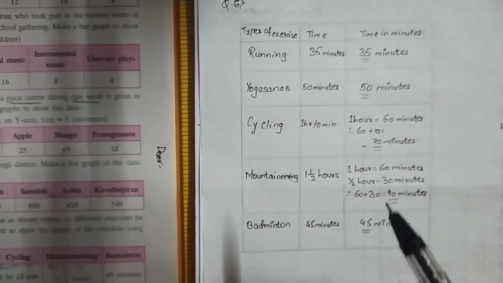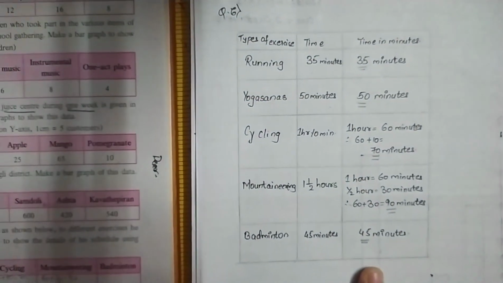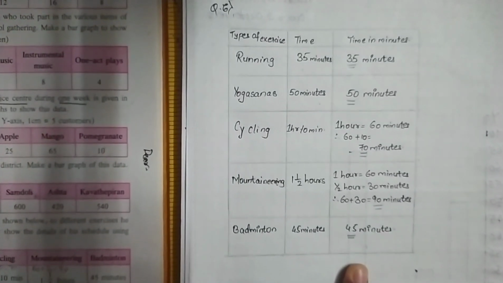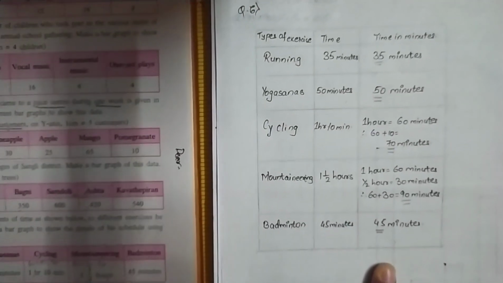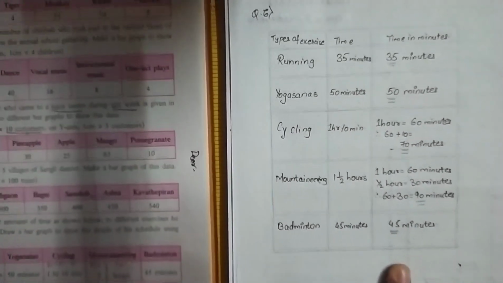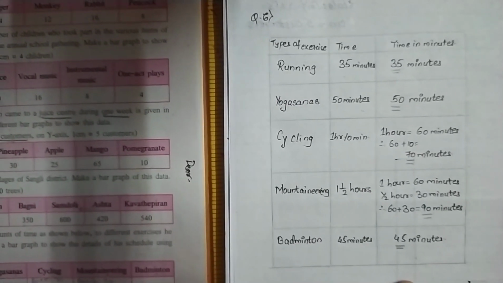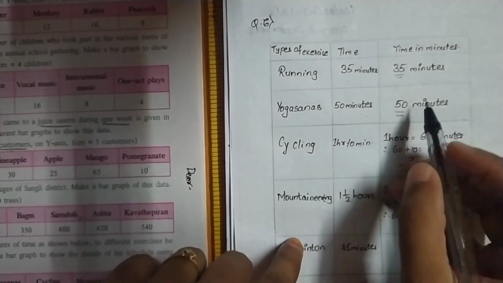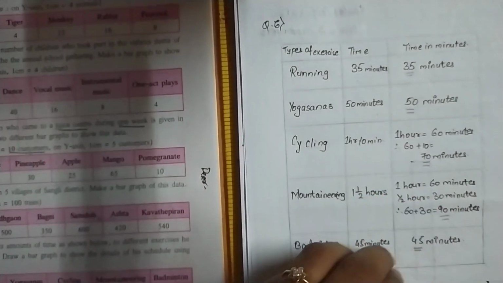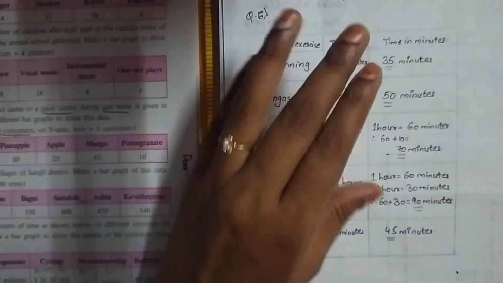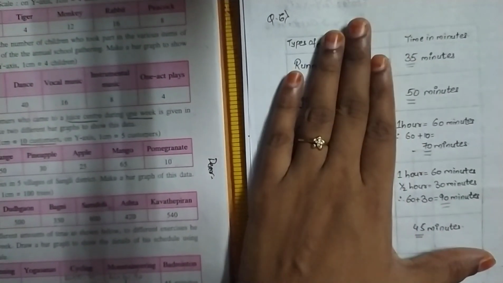Now regarding its scale, the scale on the y-axis for this bar graph, we can take it as 5 to make it easy. But children, we have more options here. We can even take it as 1 unit or 1 centimeter equals 1 minute. We can take it as 10 minutes or any other numbers. But when we take numbers like 3, 4 and all, to divide it into these kinds of units of 5, it's very difficult. So better when we take a bar graph, try to get a scale which is easier to plot and to find out the appropriate bar drawn in the graph.